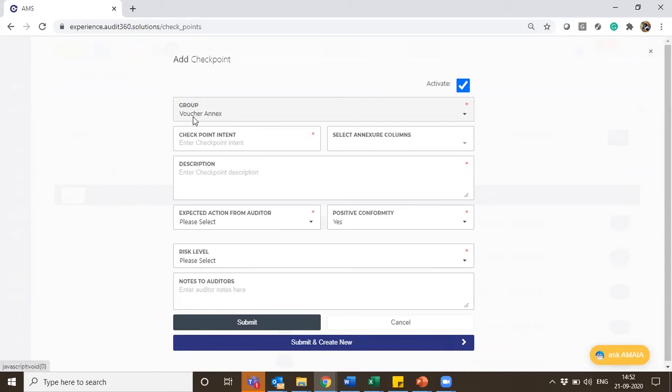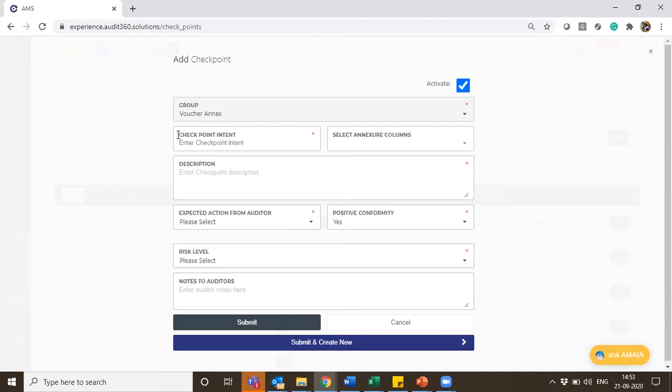The group name, because we are already reflecting it, would be voucher annexure. It will always be active and enabled. And then there is a checkpoint intent. Checkpoint intent is nothing but whatever check we are doing, where we give a short name as an indicator for an auditor to know what we have been checking here.